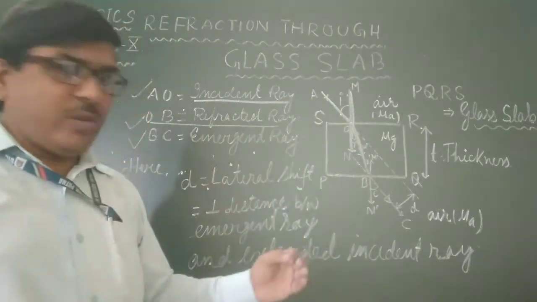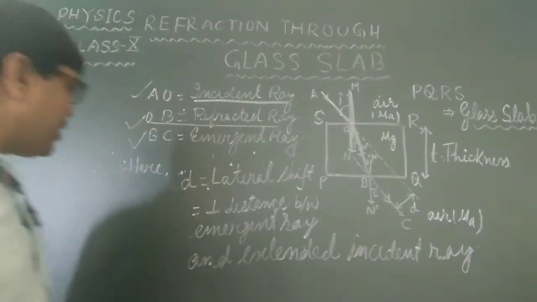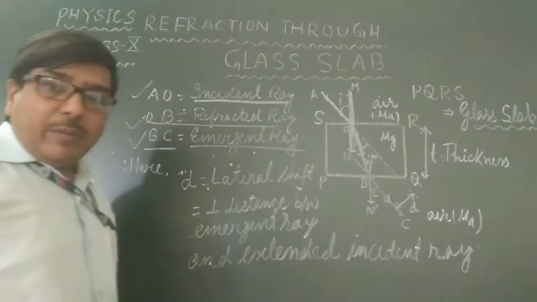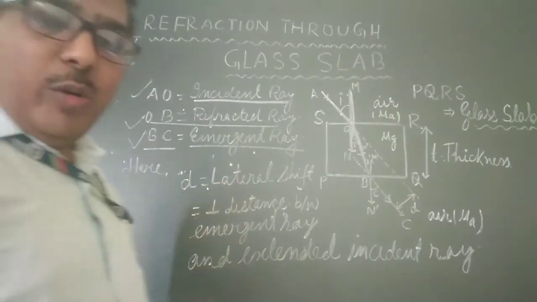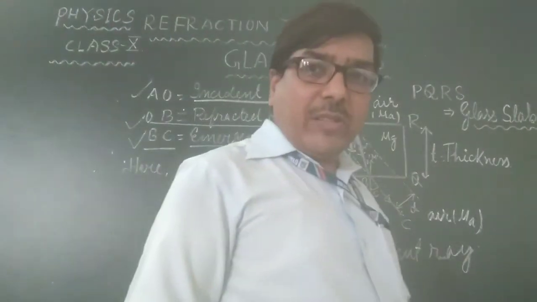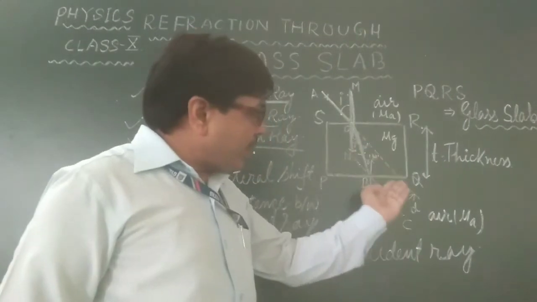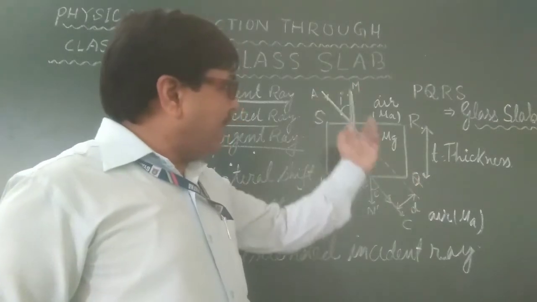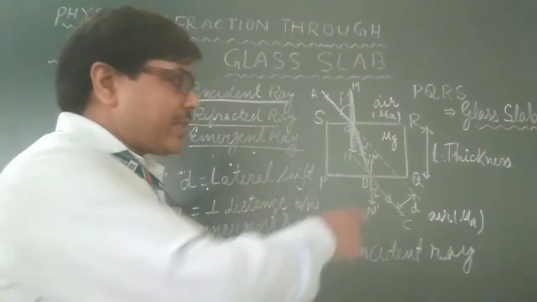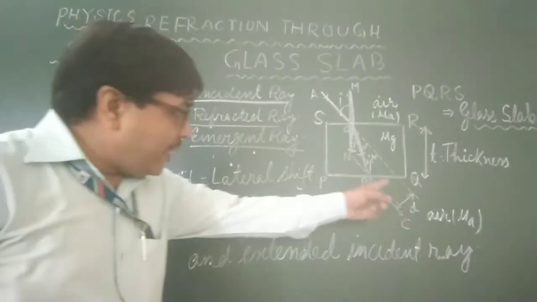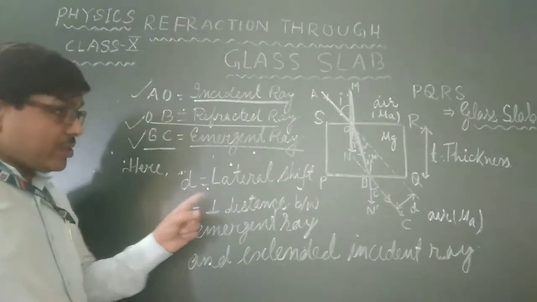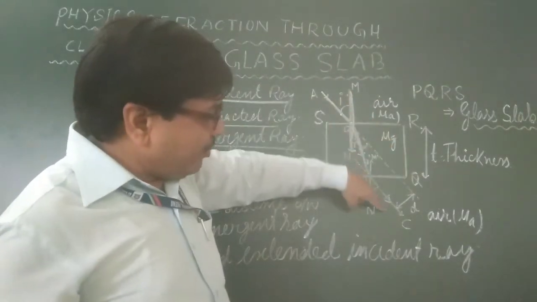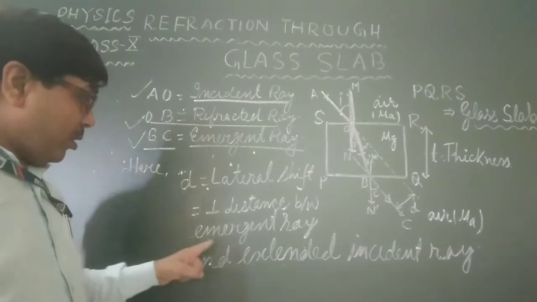This final coming out ray of light is known as the emergent ray. So BC is the emergent ray. Now if you take a scale and draw here, you get a dotted line, and this is the extended incident ray. Now the distance between the extended incident ray of light and the emergent ray is known as